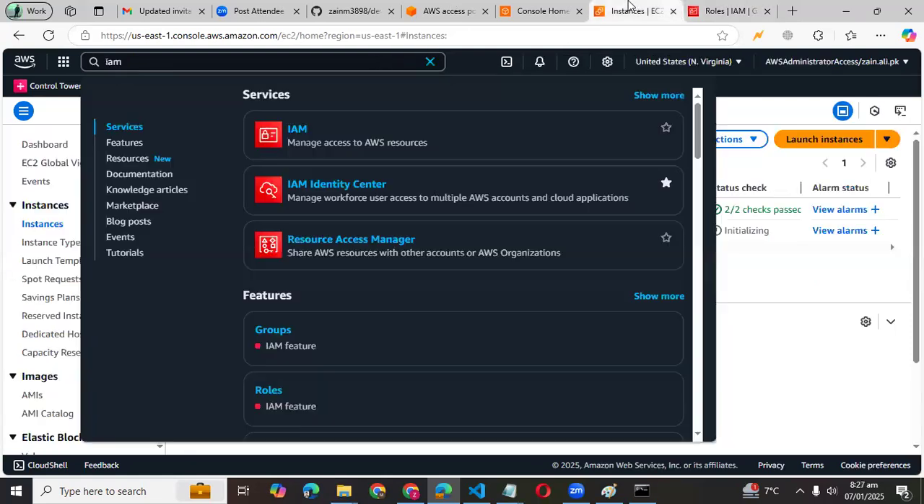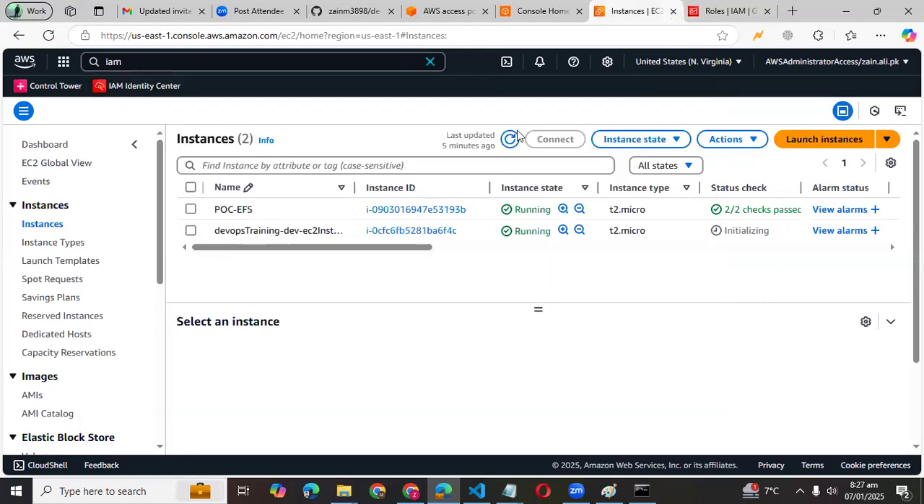This role has been created successfully. Now go to the EC2 instance, go to the EC2 instance,